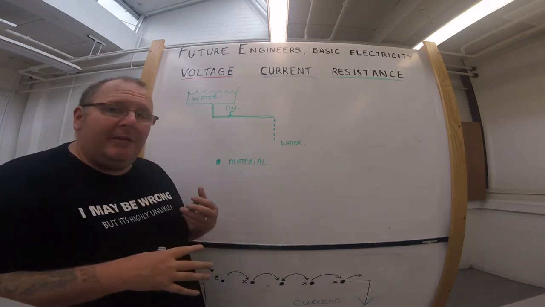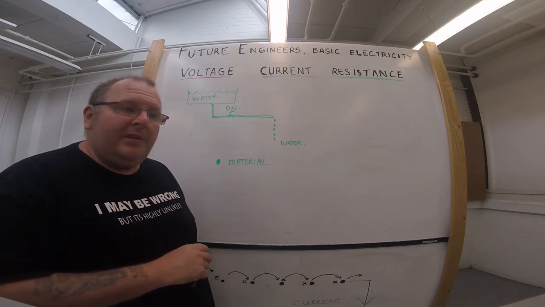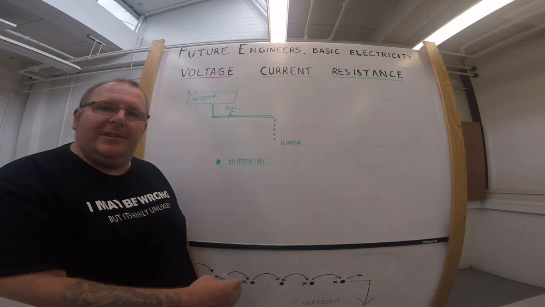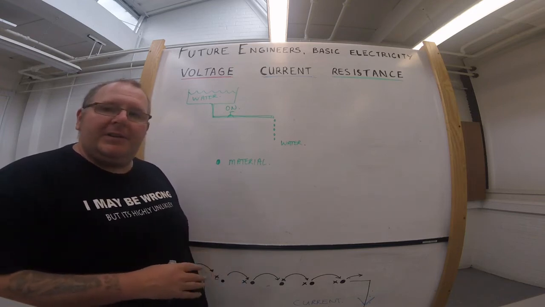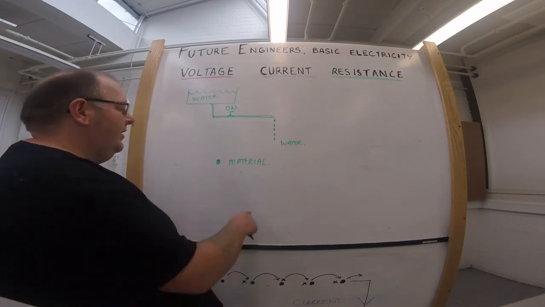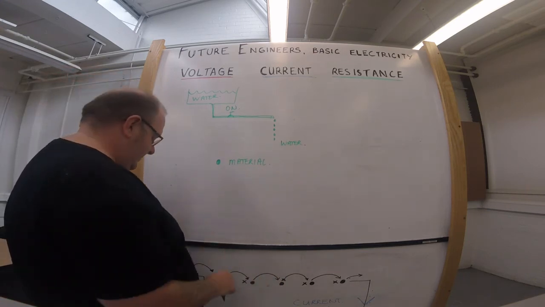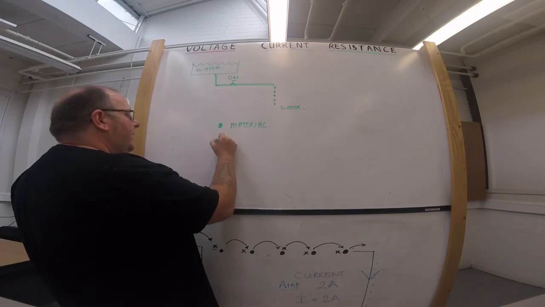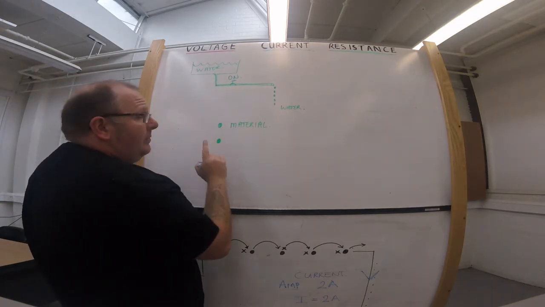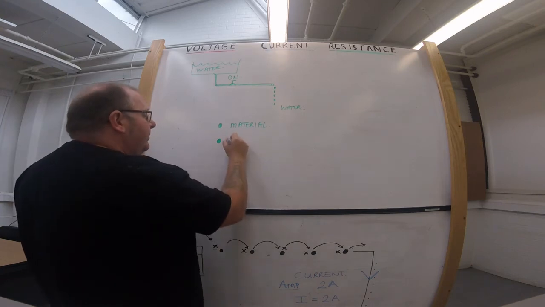If it doesn't have any of these free electrons, then we usually find that that material is an insulator. It's very difficult to pass electricity through it, to pass a current through it. Okay? So the material is important. The dimensions of the conductor